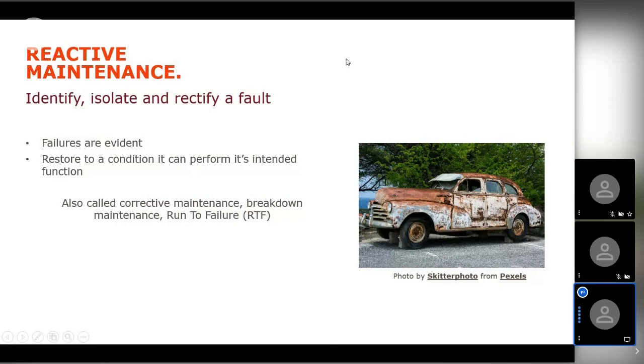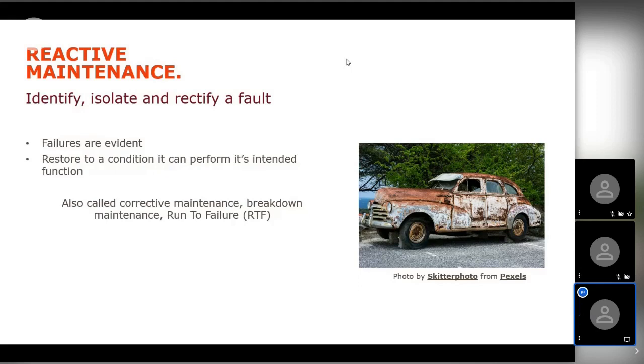So a very brief overview for those of you who may not be as familiar with some of these concepts that I've talked about. And I saw this a while ago from somebody. I thought it was a great idea, having some images there of the rough era when these were one of the main dominant things. So I've got a car there. Being a mechanical engineer, everybody thinks that I'm a car mechanic. So I like to talk about cars a lot and have references back to cars. So here's a car from the era when reactive maintenance was popular.